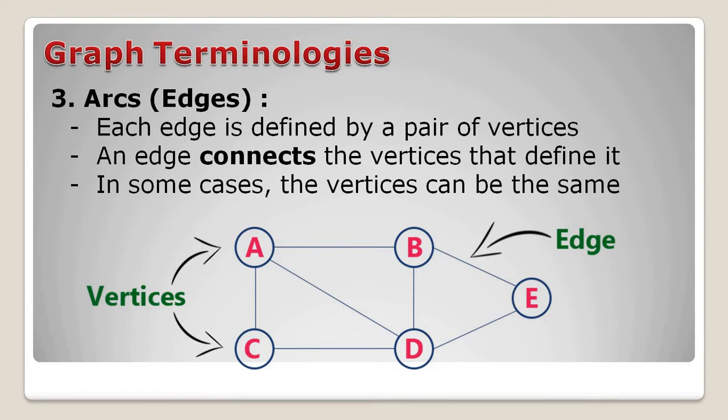Now the third terminology of the graph is what we call an arc, or an edge. An edge represents a path between two vertices, or a line between two vertices. In the following example, the lines from A to B, B to E and so on represent the edges. In this example we have a line between A and B, and this particular line we call an edge. Similarly we have the line between B and E, from D to E, or from B to D. These lines we call edges.